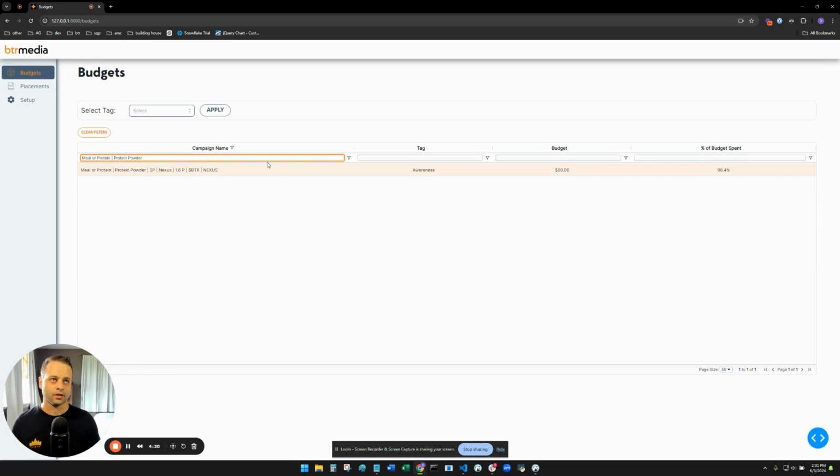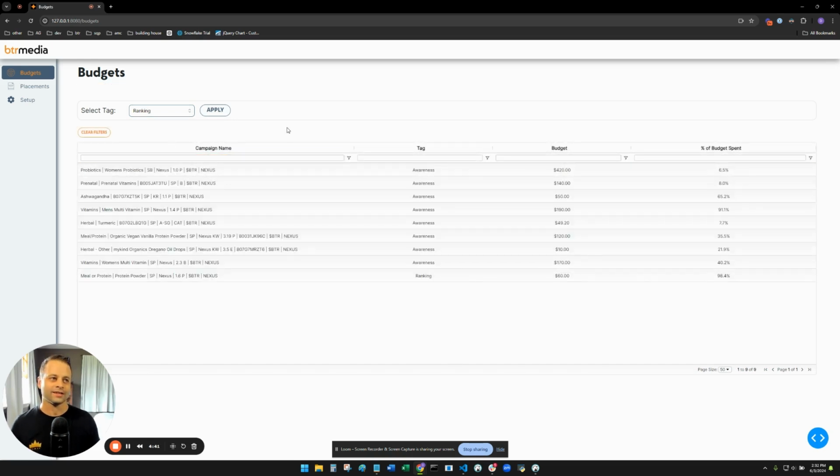Everything that is showing down here is what this tag will have applied to it. So right now, if I hit this, it's going to apply ranking to this. Again, not ideal because the nomenclature doesn't actually have the word that I need in it. I didn't think about that beforehand when I was building this out. But okay, so we now have at least one campaign that when I run this, it's going to send an